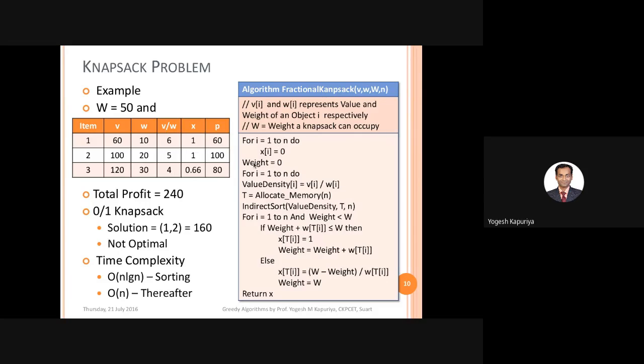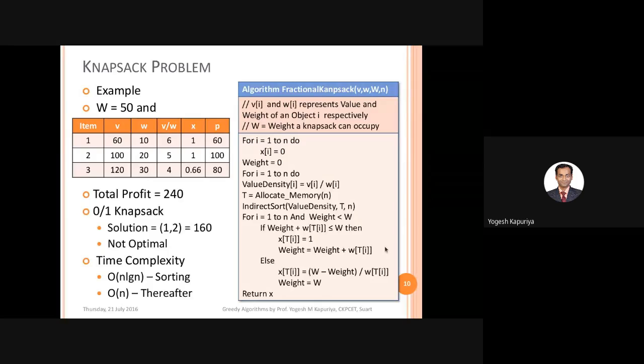Current weight is initially 0. If a knapsack can accommodate the object entirely, that is, weight of T of I plus the current weight of the knapsack is less than the capacity W, then what will we do?